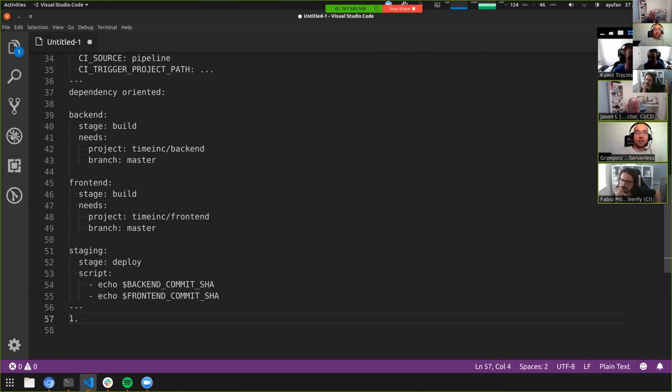Yeah, so that's the problem with the trigger-oriented approach; it is basically the same. What we are talking about right now is the trigger approach. Like I said at the beginning, I think you were right, Fabio. It needs to be out of the GitLab CI YAML, in unversioned configuration. Well, you can put it in the GitLab CI YAML, but then you have to do all kinds of magic things to not process it.